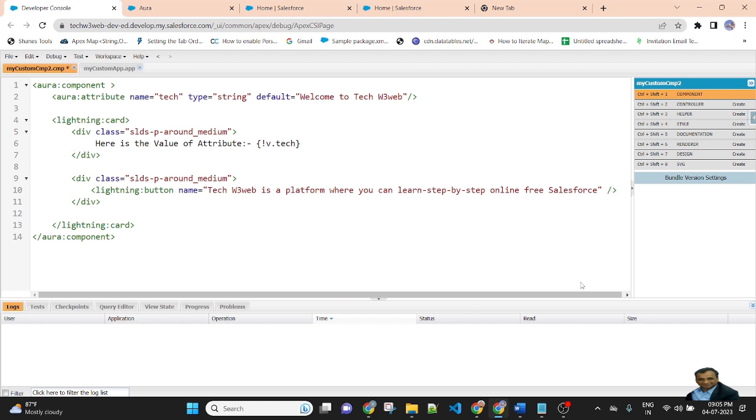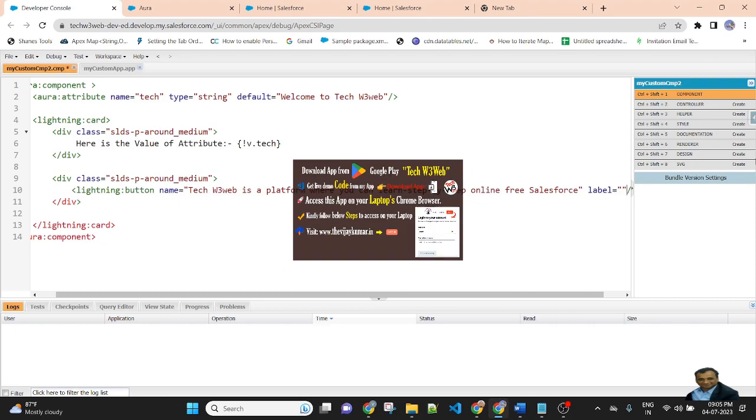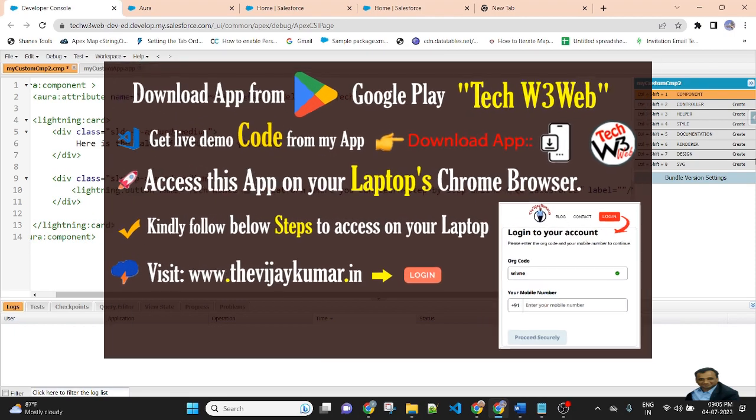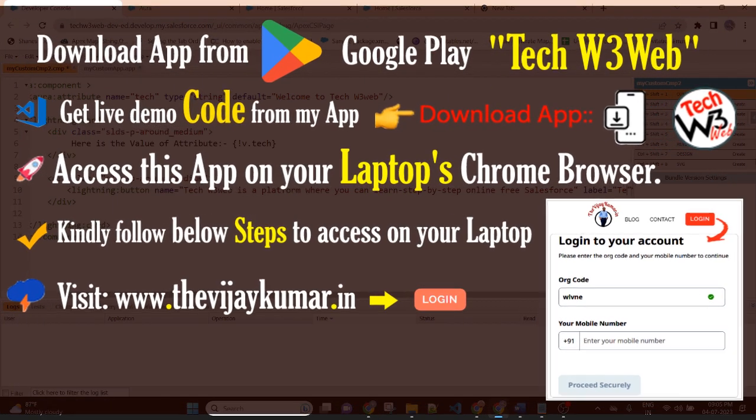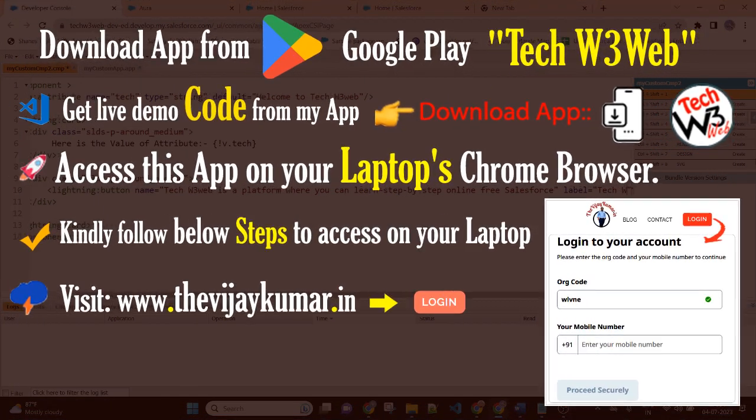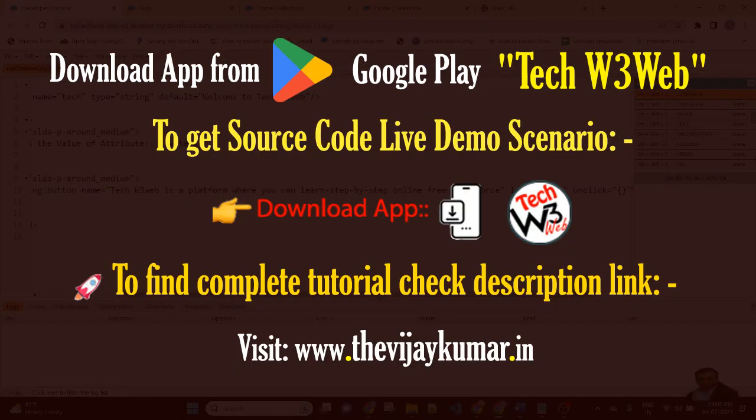Then label equal to take, label equal to same, and here I am passing the function, onclick equal to, in the curly bracket.